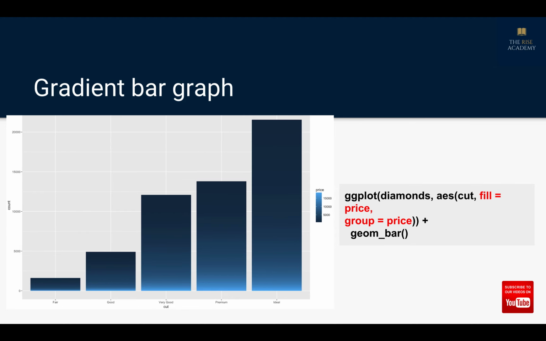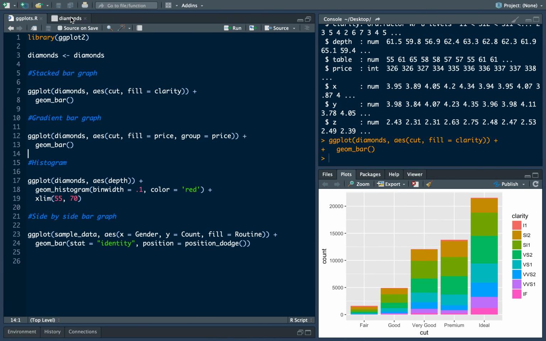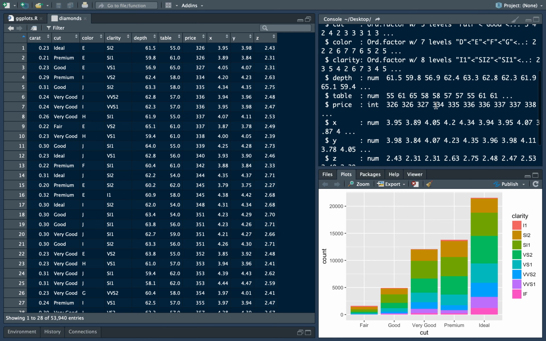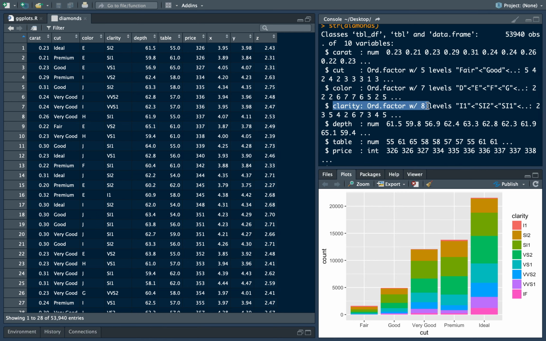a continuous variable. So if we go back to our data set, we can see that clarity is a factor variable, isn't it? We saw it here. It's a factor variable, ordinal factor variable. So it's a discrete variable, whereas price here is actually a numeric variable, isn't it? It has numeric data in it. So if I want to,